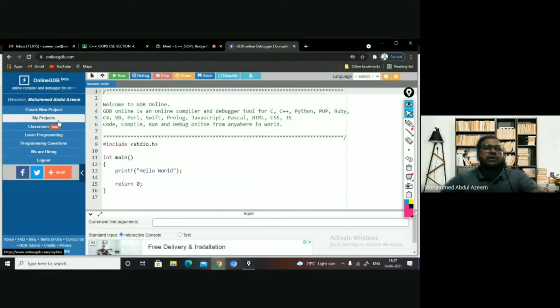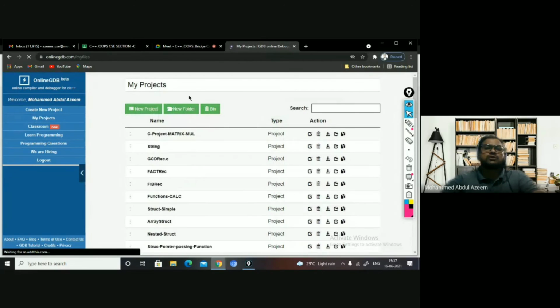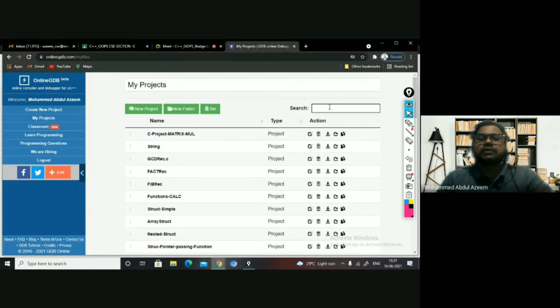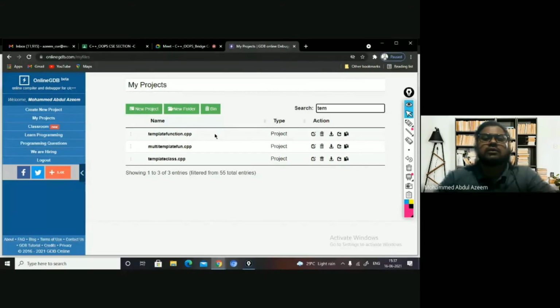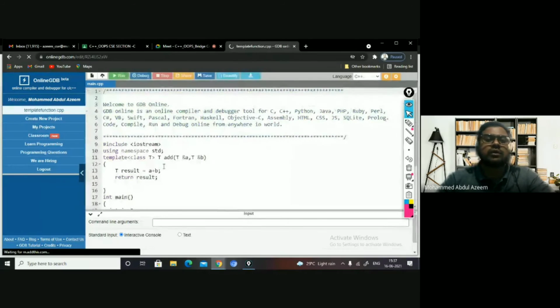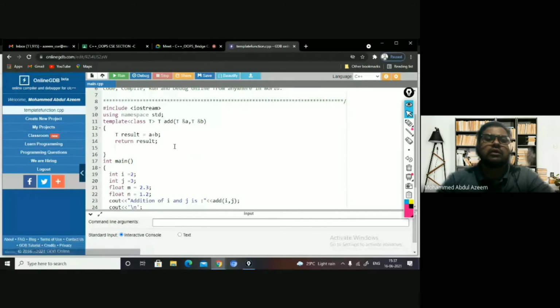I hope I have already written one program, a template. If it is there, I'll show you the same. Otherwise, if you want me to demonstrate one which I have explained, the same I can rather explain to you. Okay. Of course, the same example I have written here.